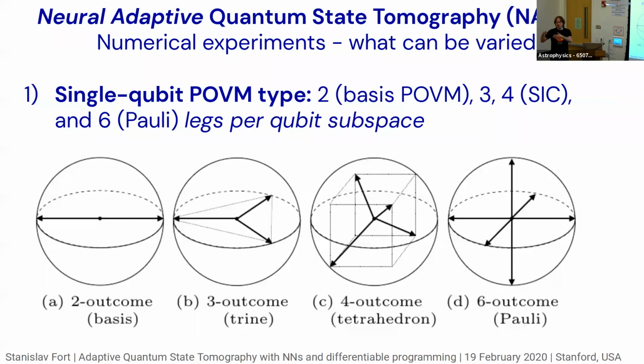POEM. And you can go on and add legs, and as long as the members of the POEM, the matrices, sum to an identity, you're good. That's a valid POEM. And we wanted to learn which of those work the best, and for which we need adaptivity to boost the performance of the algorithm.